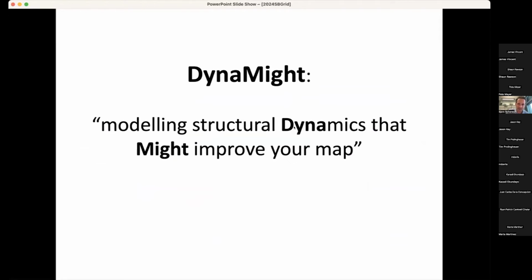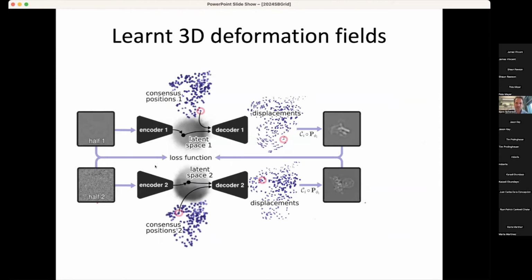And I think with the latest version, it might also be called Dyname, because I think the might is better, we're now more confident in its capabilities. So this is a variational autoencoder type of network, where we trained two independent variational autoencoders on the two half sets of our data set. So I think that's a first in this type of VAE approaches, where we keep everything completely gold standard in terms of separation of the two halves.